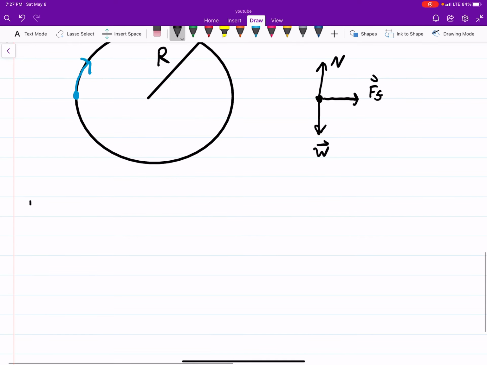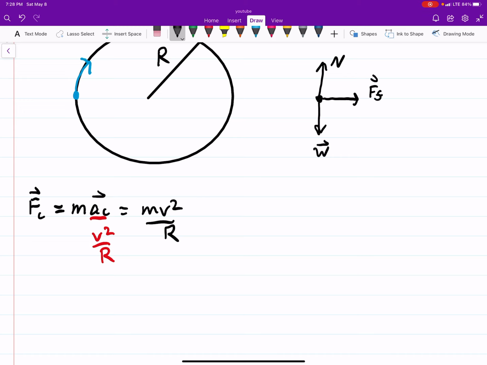So our force, let's just say, in the centripetal direction, is what I usually call it, even though it's not really a direction, is equal to m times your centripetal acceleration. And we know that this is v squared over r. So this is equal to mv squared over r. That's our equation for centripetal